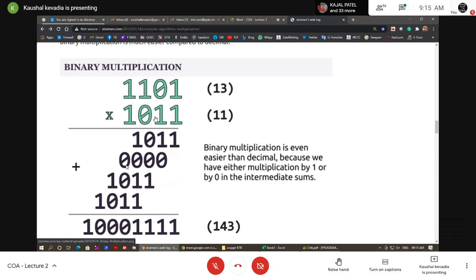Either it is from the left hand side or the right hand side, because actually what we have to do is prepare this kind of sequence of numbers and simply do the additions. So let me take the example this way. Suppose the first one is 1, then 1101 is 10. Yes, they are doing the calculation like that, they are taking one number from here, from the 13. So this one is taken and then they do the multiplication, but in the book we are not doing it this way. Let me show in the book.